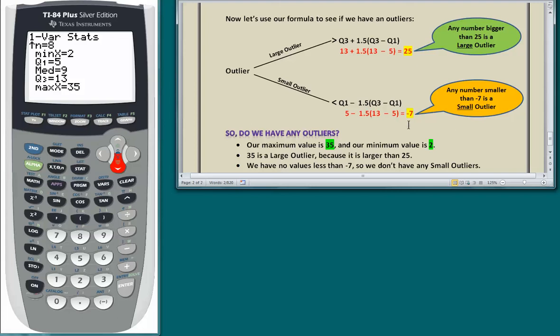What about the small outliers? We need a number that's less than -7. Well, we have no values less than -7. Our smallest value is 2, so we don't have any small outliers. And that is the end of this